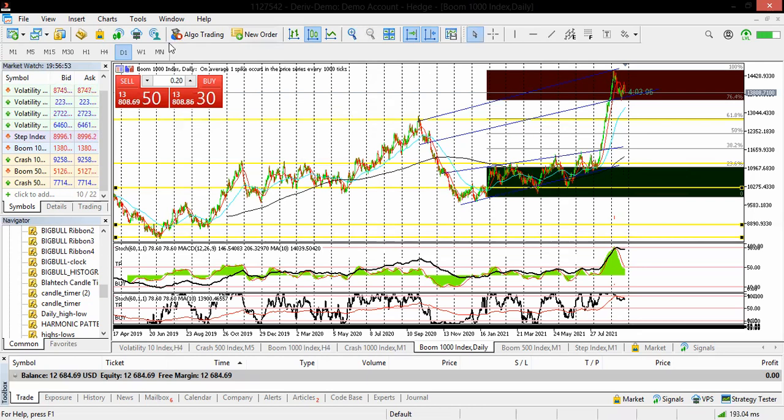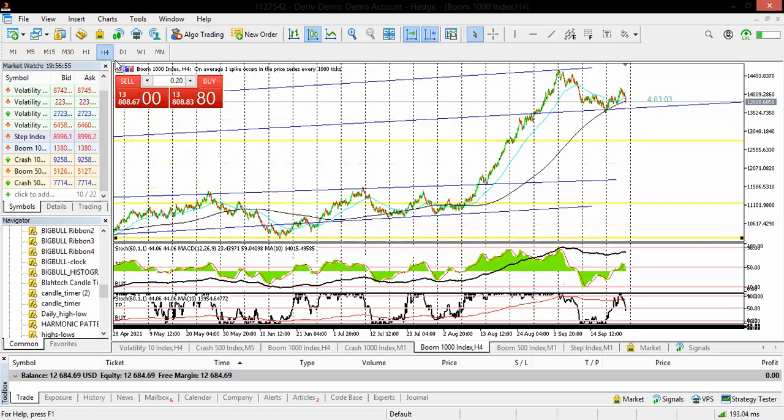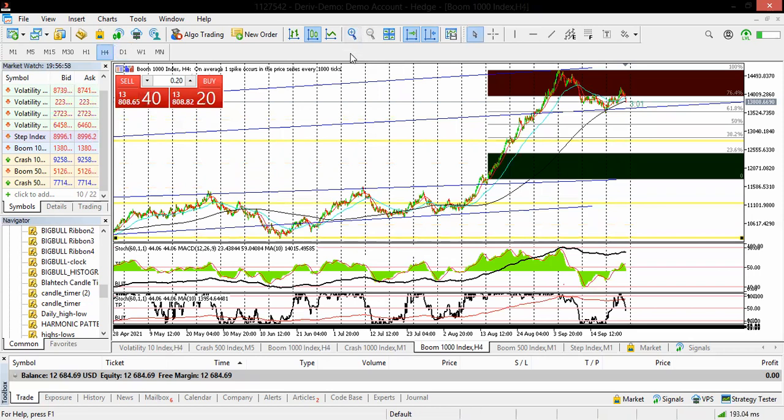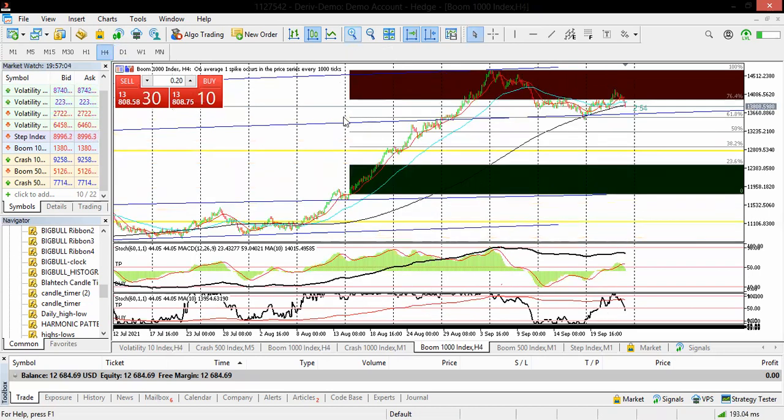This is for daily time frame. Let's go to 4 hours time frame. In 4 hours time frame, it's too tiny, but we'll have to open our eyes and see them. Let me zoom them out a bit so that we can see them. In 4 hours time frame, we